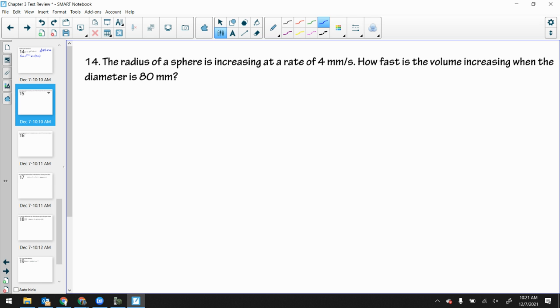Oh, now this is where it starts to get fun, isn't it? This is section 3.9, related rates. Now, I have not looked at the key in a while, and nobody asked me questions beforehand on this one, so